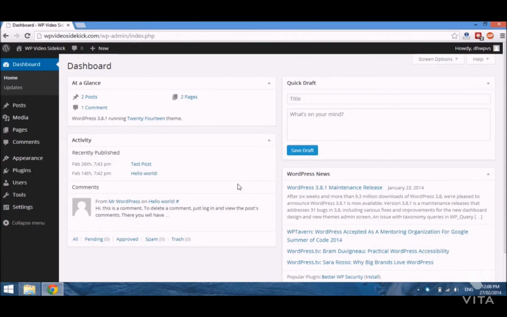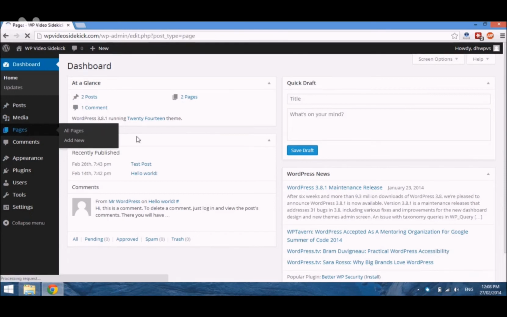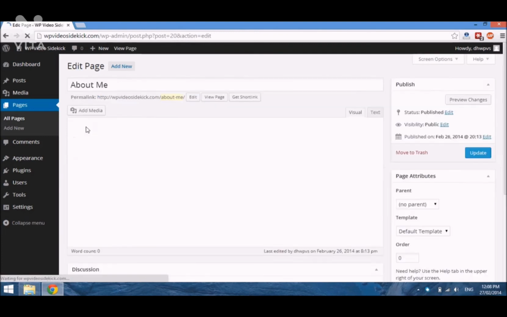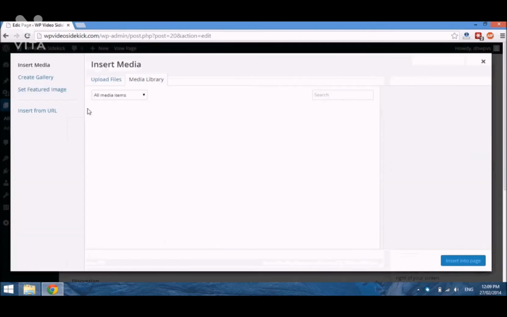Okay, so now that we're more familiar with the media library, we can go ahead and add an image to our posts or pages. As I mentioned, I wanted to add an image to my About Me page. So if I just go back to Pages, select Edit Page, and then I'm going to select the area where I want to put the image. So I'll put my cursor right before the P, and I go to Add Media, and we do have a